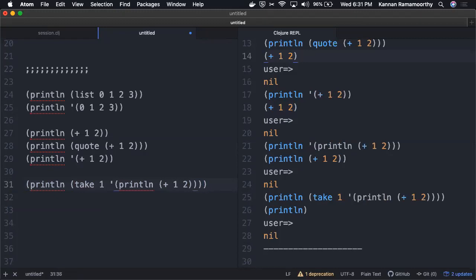It got printed. So if you see, the expression that you have here is a valid Clojure expression, and if you just put a quote before it, it's treated as a list.